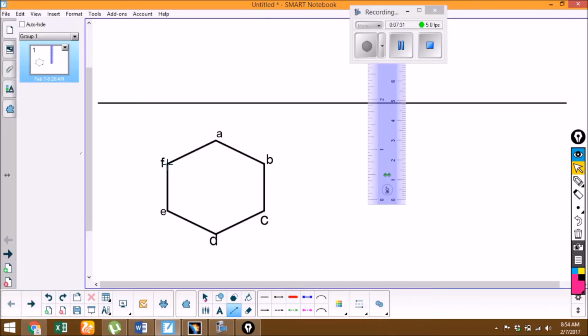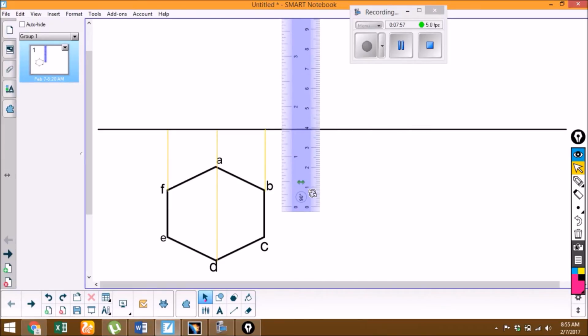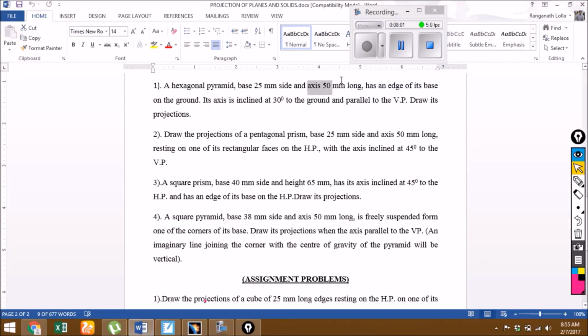First we need to draw the XY line, then the true shape of the base. Since the solid is a hexagonal pyramid, we draw a regular hexagon. Then for the top view, the corners must be indicated using small case letters only, without any dashes, so we mention them also. Now by using projector lines from each and every corner,